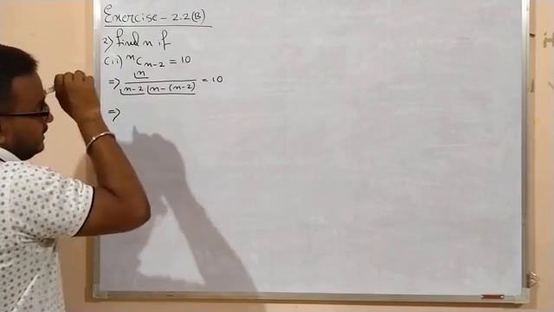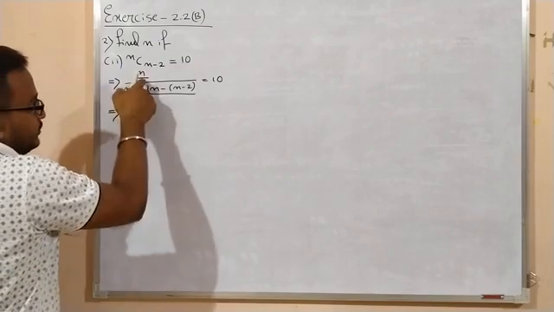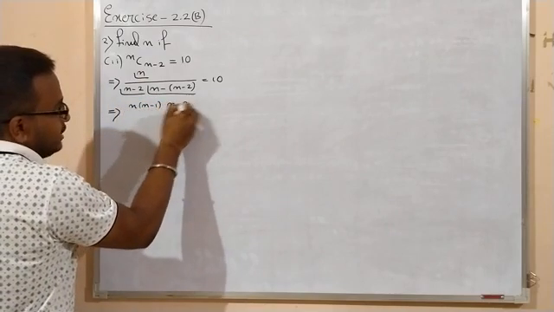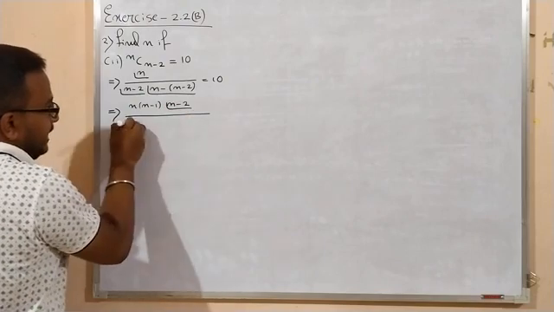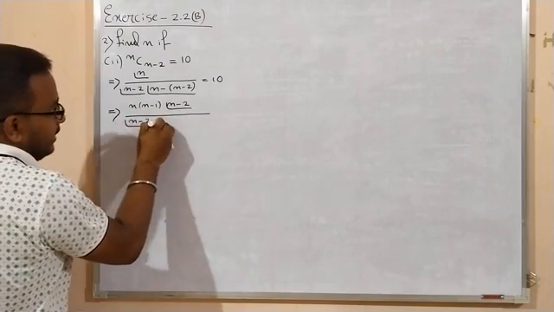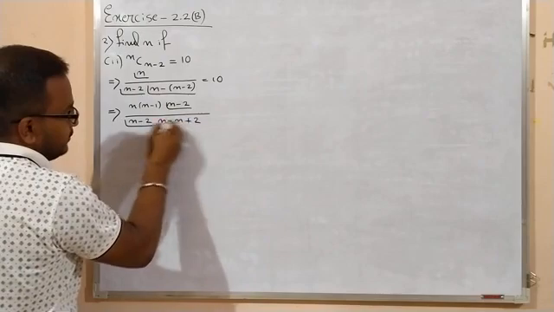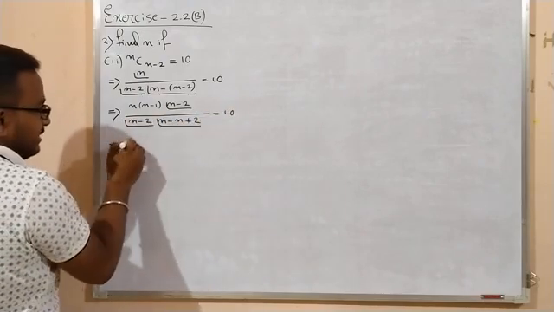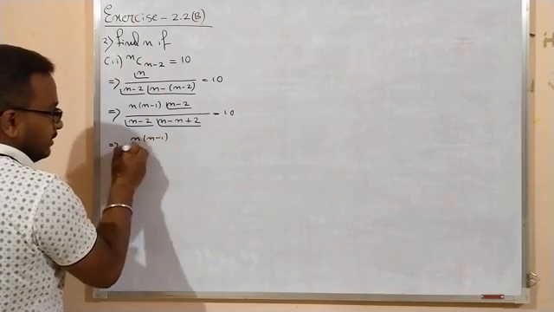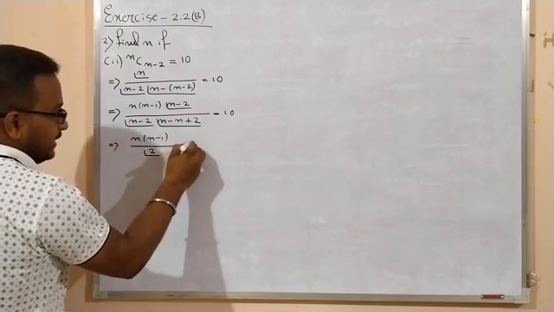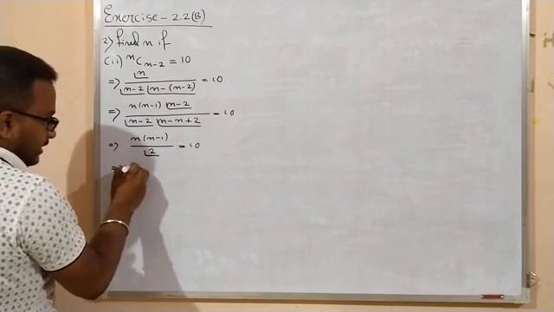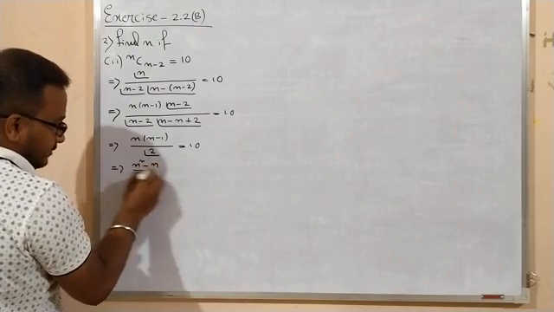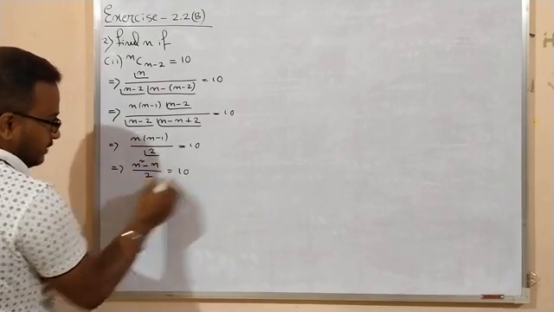Now you see, we have to expand this quantity. So it is n into n minus 1 into n minus 2 factorial, and here n minus 2 factorial, and it is what, n minus n plus 2 factorial is 10, right? Now if it is cancelled, so it is n into n minus 1, and this is factorial 2, and it is 10. Now it is n squared minus n, so it is 2, factorial 2 is 2, right?